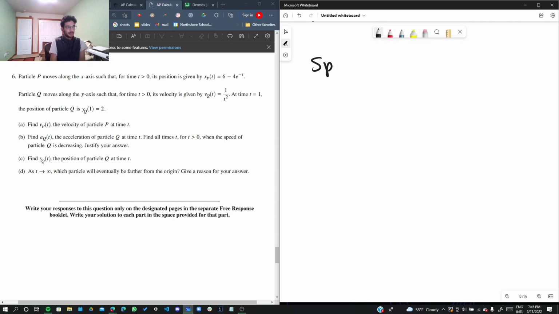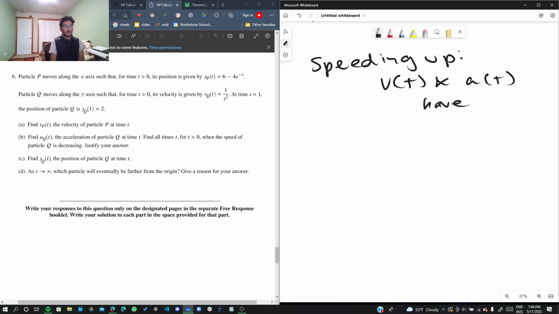If something is speeding up, then velocity and acceleration, or v prime of t, have the same sign. So let's say you have 5 meters per second to the right, and you have an acceleration of 2 meters per second per second. That means you're increasing your velocity to the right, which means you're going to get faster and faster as you